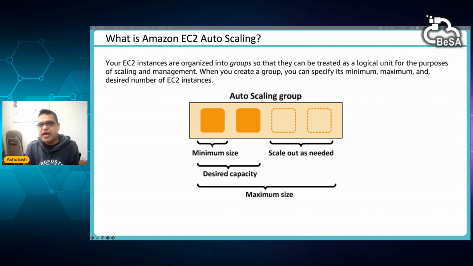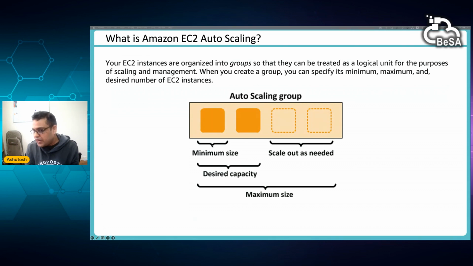You have some application and you baseline that it works if you have at least two servers or one server. So you need to have that minimum number of servers available for that application to work. This is the minimum we define, right?